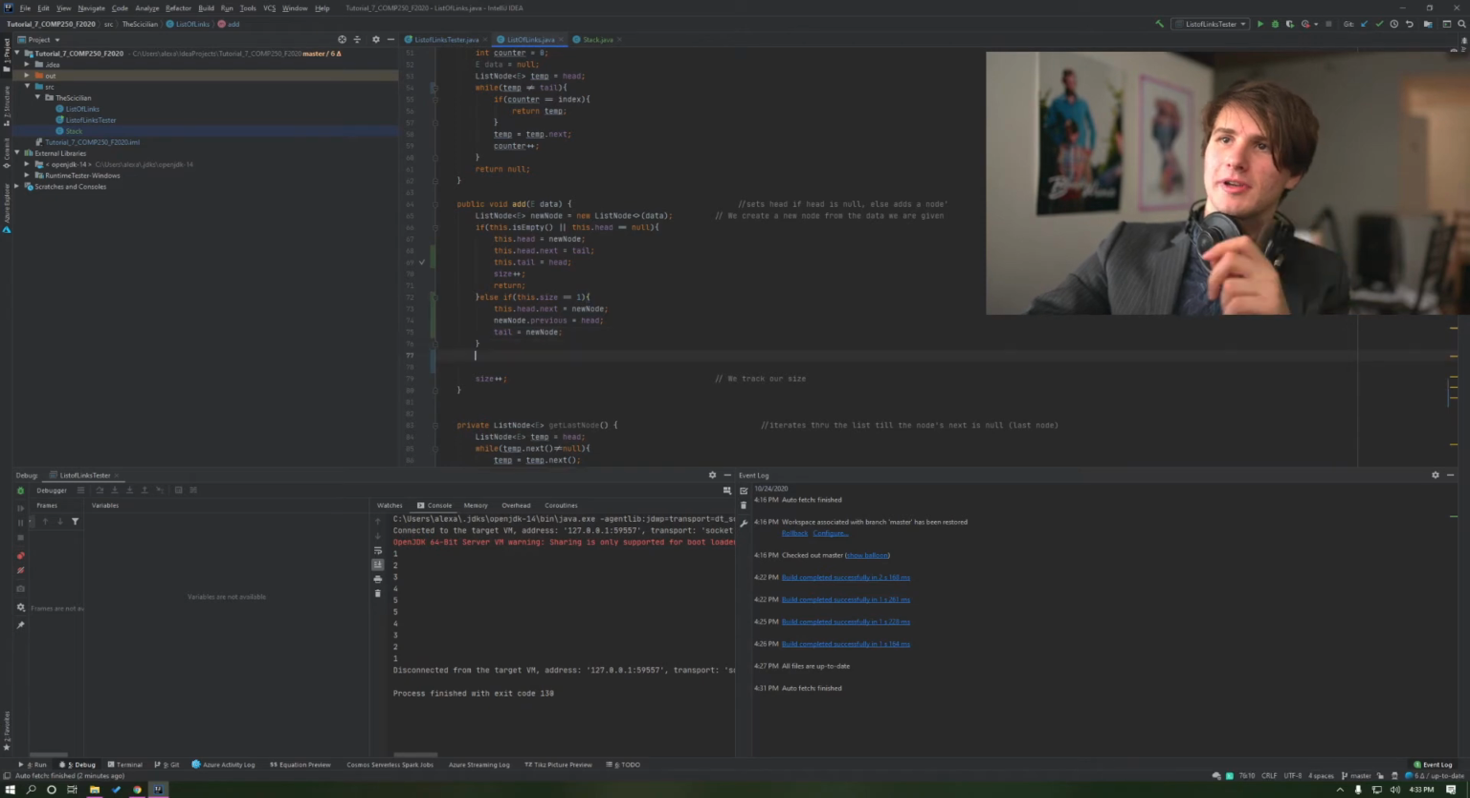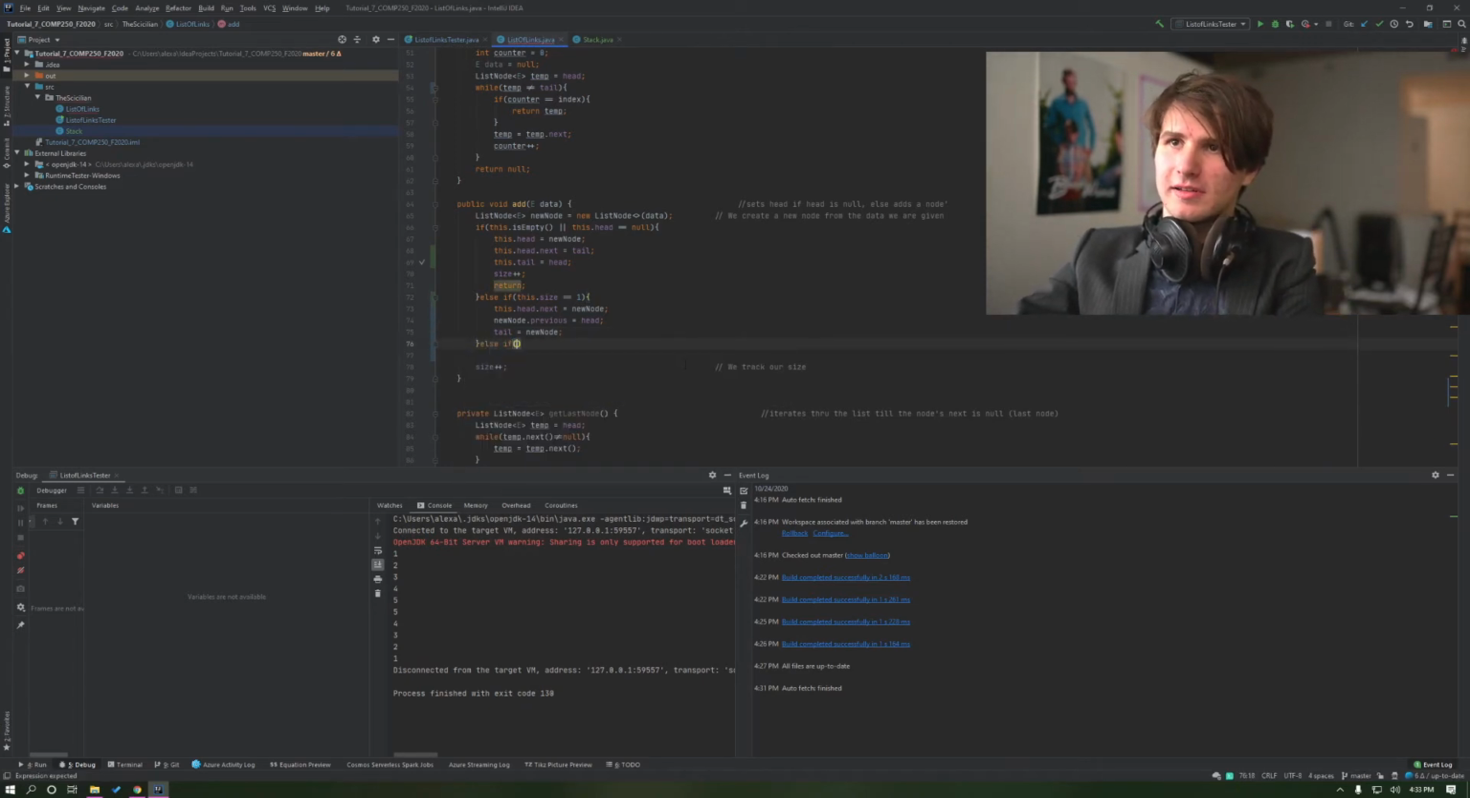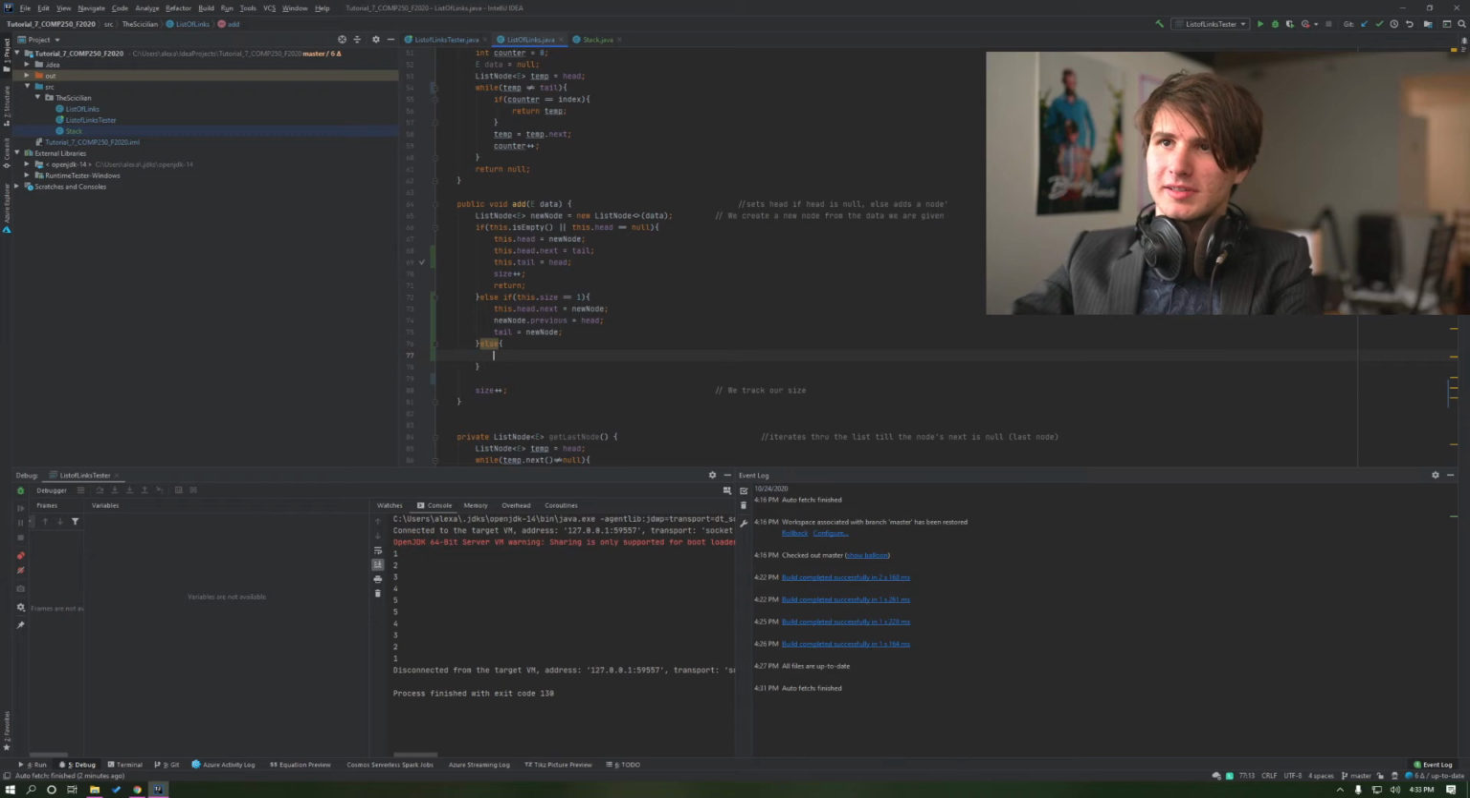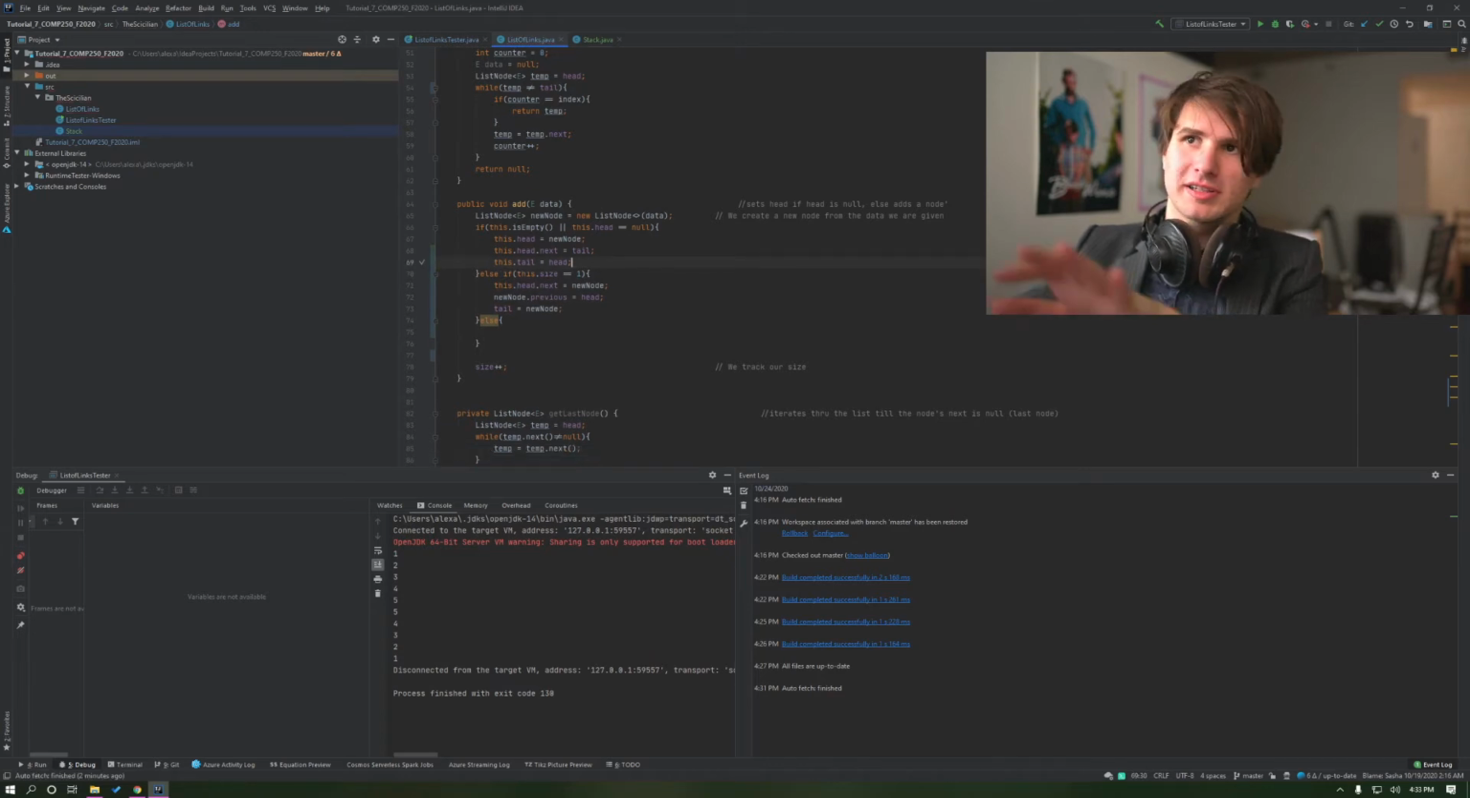So now we can do else if this.size, well, actually we don't need to do an else if, we can just do an else. Now else we can say, and we also need to do size plus plus, let's not forget about that, except size plus plus is handled over there. So we can just do it like this. So just one size plus plus, keeping track of the size properly is very important. So now else we're going to say